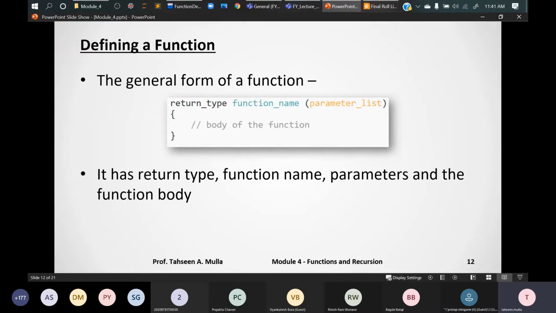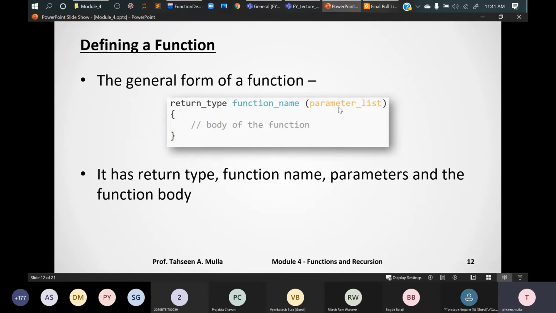And while calling a function for this addition parameter list, you need at least two integers to be passed so that you can call this. And this is the logical code where we divide our entire program into smaller logical parts. Right, so this is how you write the body of a function. This is the return type, this is the function name, and this is the parameter list. Right, so this is how it is going to be written.